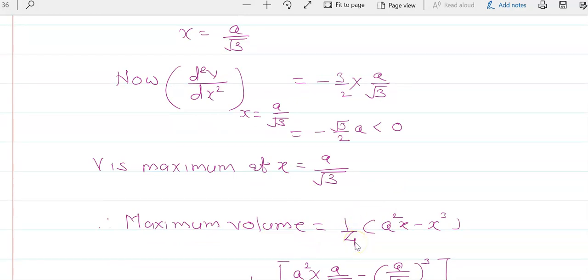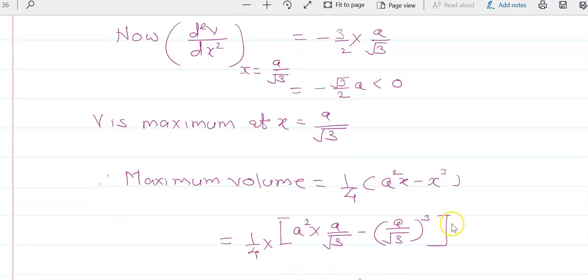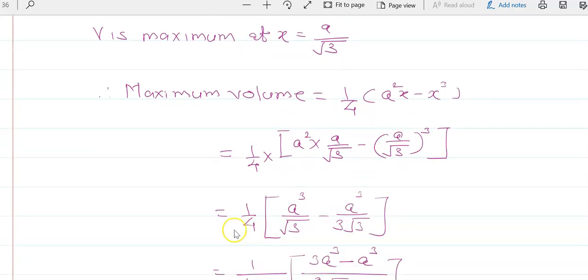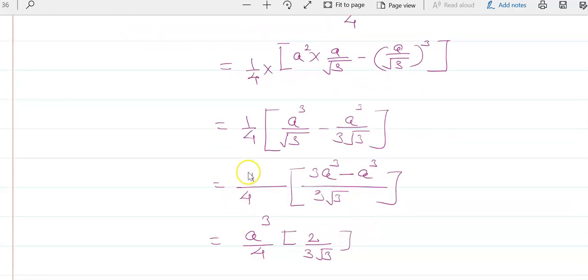1 by 4 in bracket A square x minus x cube. Now we will substitute the value of x as A upon root 3. That is 1 by 4 in bracket A square into A upon root 3 minus A upon root 3 bracket cube. That gives 1 by 4 in bracket A cube upon root 3 minus A cube upon 3 root 3. After simplification, you will get 1 by 4 in bracket 3 A cube minus